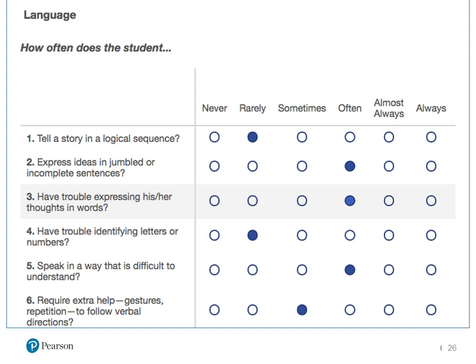Does he have trouble expressing his or her thoughts in words? Often. Does he have trouble identifying letters or numbers? Rarely. Does he speak in a way that is difficult to understand? Often. Does he require extra help, gestures, repetition to follow verbal directions? Sometimes. So if we look at this, there are some areas that really do indicate to us a potential area